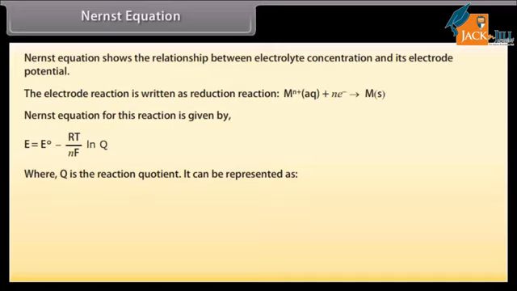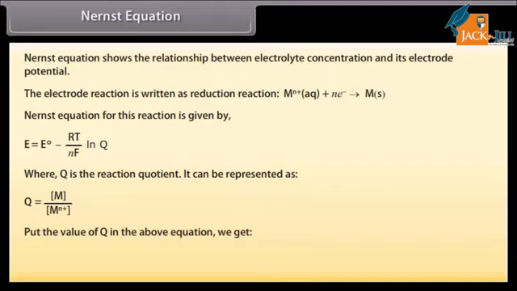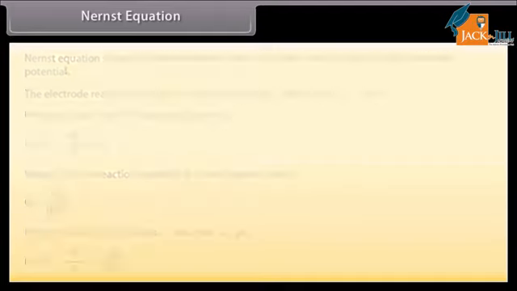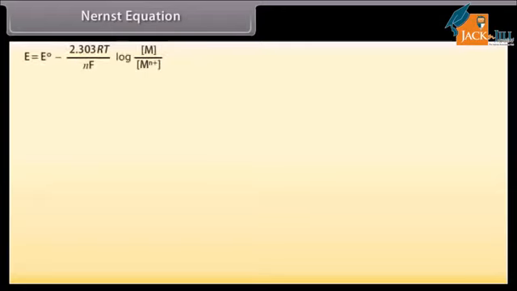It can be represented by M upon M ion. Put the value of Q in the above equation. We get E is equal to E naught minus 2.303 RT upon nF log M upon M ion, where E